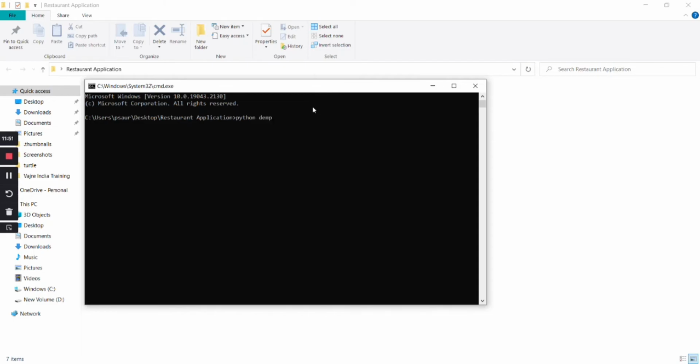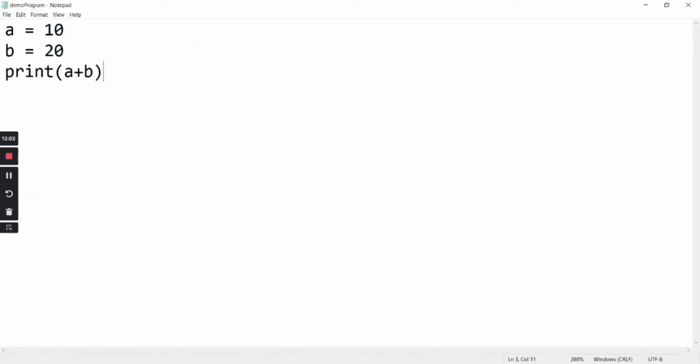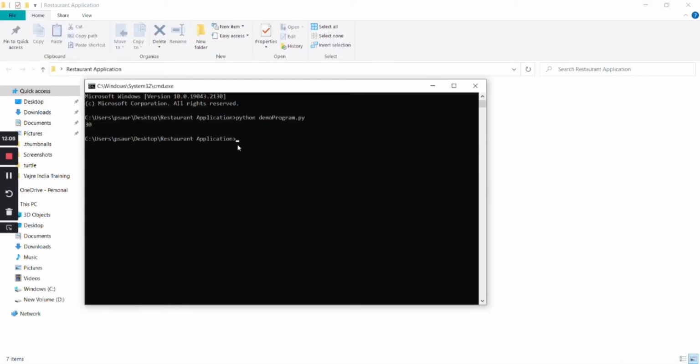तो फाइल का नेम हमारा क्या है, डेमो प्रोग्राम .py, और जैसे रन करेंगे we have a 30 as output. तो अब देखो यहाँ पे क्या हो रहा है कि कोड हम लोग किसी अदर इन्वायरमेंट में कर रहे हैं और रन करने के लिए हमें किसी अनदर इन्वायरमेंट में आना पड़ रहा है।